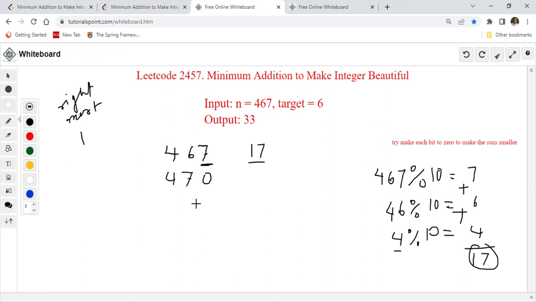470. So how will we change it? What we will do is calculate 10 raised to this 1 minus 1, plus basically 10 minus 7, right? 10 minus 7 is 3. So you will add 3 into this 467. So you will get